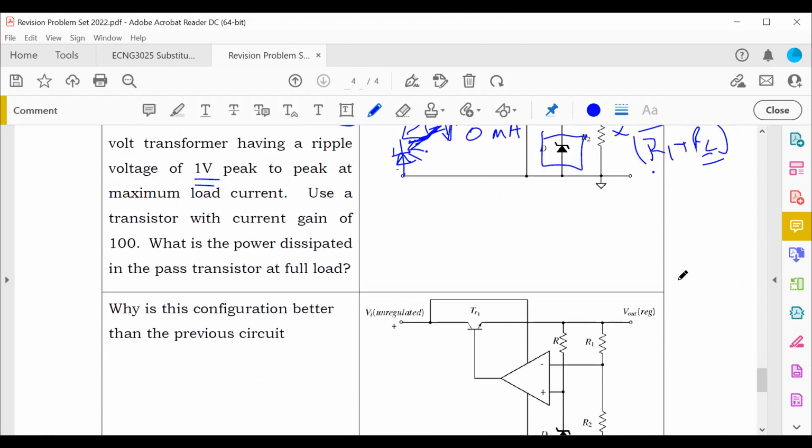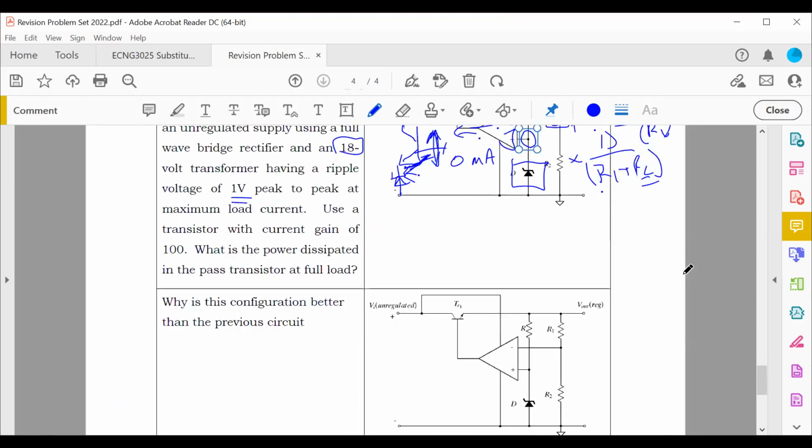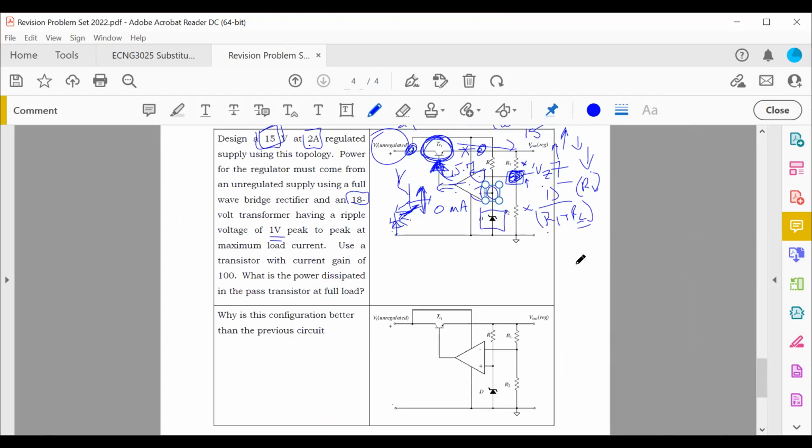Okay, the difference between the two of them is just the fact that for the lower one, you supply the diode straight from the regulated supply, so the diode doesn't have to contend with a fluctuating voltage. It's a smaller voltage that you're supplying the diode with, so the bias resistor is smaller. And then two, if you supply from the unregulated supply,